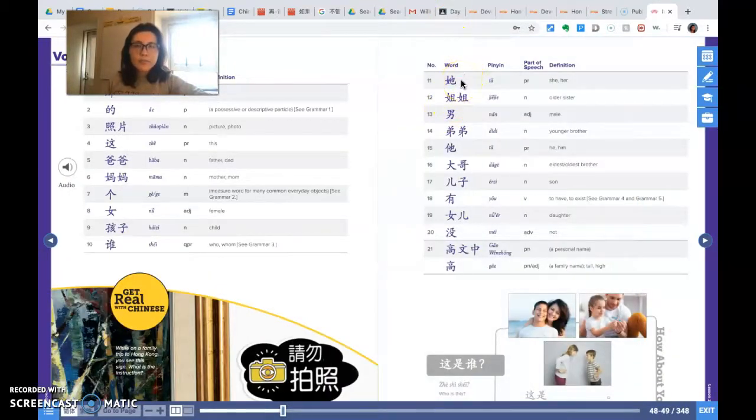他，姐姐，男，弟弟，女儿，儿子。You can see the same 儿 here. 儿 means kid. 女儿 is female kid. 儿子 kid is a son. So son and daughter, right? 女儿，儿子。高文忠 is just a name. 高 is tall. 文忠，高文忠。